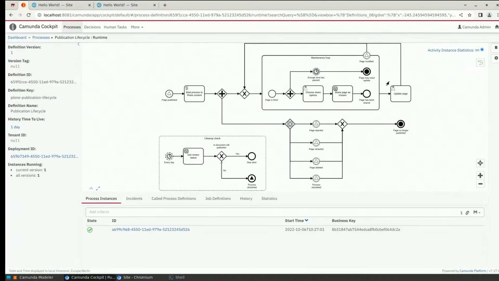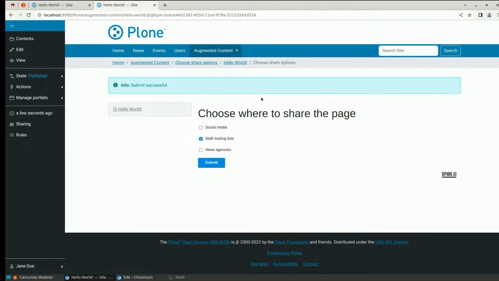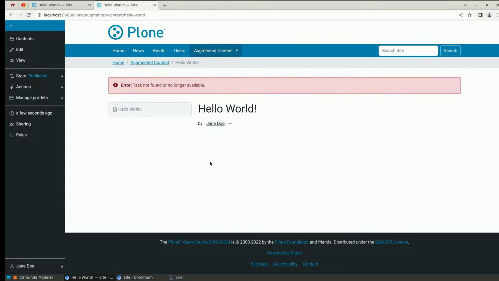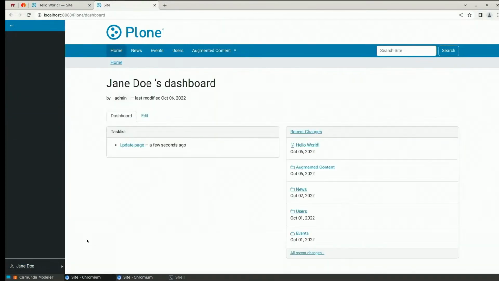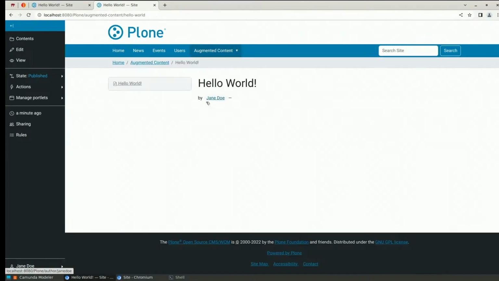So the process went to this maintenance loop again. And well, there's some magic now in BPMN-proxy that if there is a new task immediately available for me at the engine, it will give me that task immediately. So that's why I see this share page form already here after acknowledging the page. And now I waited too long, so the task was no longer there, but it was already waiting to update again. So now if we here like this, but this time, no, I think it's better that we delete this